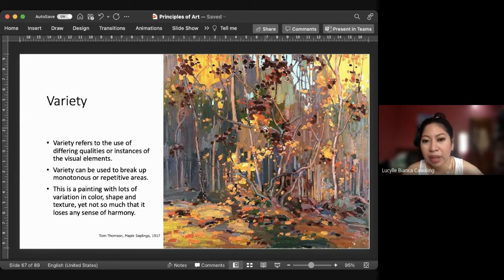But what makes it a little bit different is that the lines are varied here. If you can see, from the straight lines here, there is a break of straight lines. And in that sense, it gives out a sense of harmony as well. It gives a little bit more of emphasis.